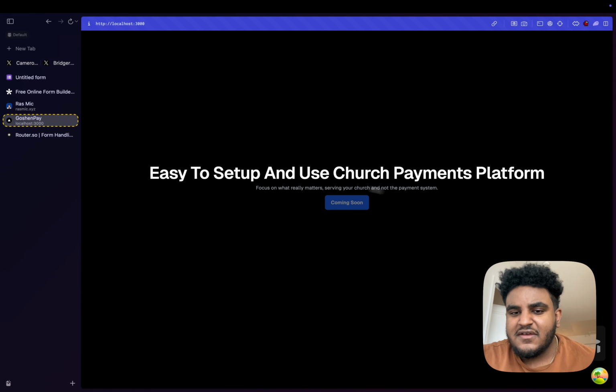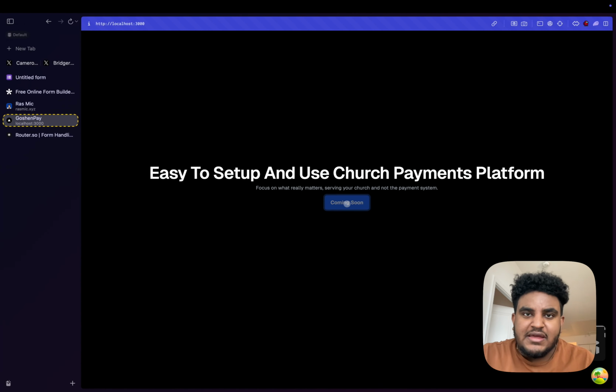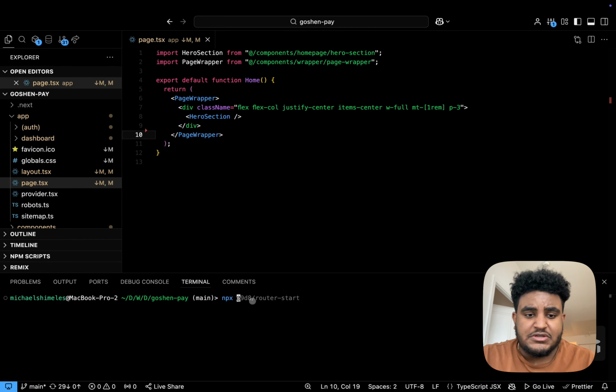You can see here that I have a coming soon button that does nothing. I want it to take me to a waitlist form and I want people to be able to submit that form and I want to collect that information. So if you're ready, I'm going to show you how fast and how quickly I can set this up using Router.so. Let's get started. First things first, I go to my code base and I'm going to do npx, here's the command right here,